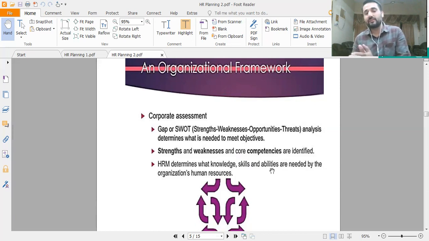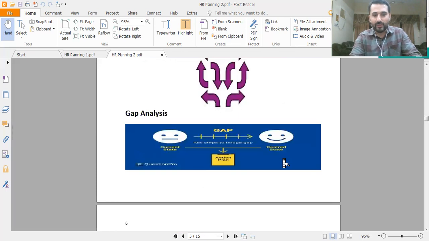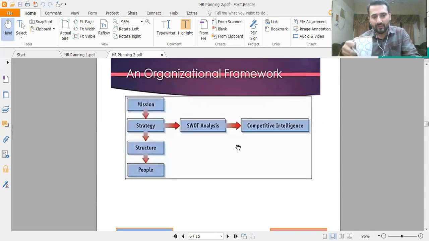Similarly, PEST and PESTLE analysis is the analysis of political, environmental, social, technological, and legal aspects related to your corporation. I will definitely discuss them in the physical class as well, but this lecture can be more comprehensive for a vast number of viewers. So gap analysis covers your current situation, the desired state, the desired goal, and the key steps for how you have to bridge that gap, how you have to get those 10 more admissions in order to initiate your new department, in the example. And in the organizational framework, we have first of all mission, then strategy,